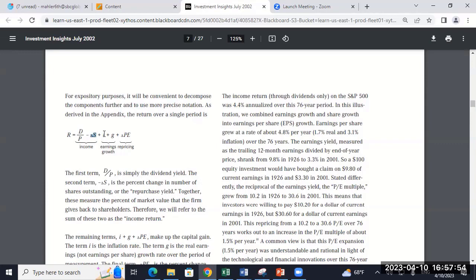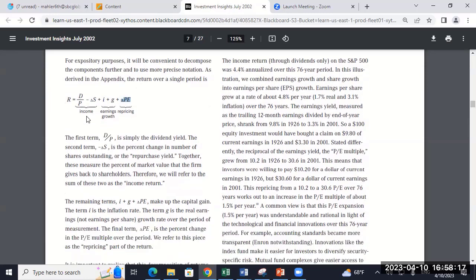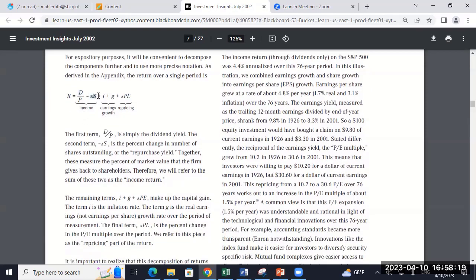Plus I plus G. I is inflation. G is real earnings growth. So that I plus G is just expected earnings growth. And then the change in PE, what's the change in PE? That's the repricing. We're ignoring the change in PE. Not only are we ignoring it, but I think they should have ignored it. That's the error I think they made in their model. And the rest of this paper, what they do is they try to calculate each one of these